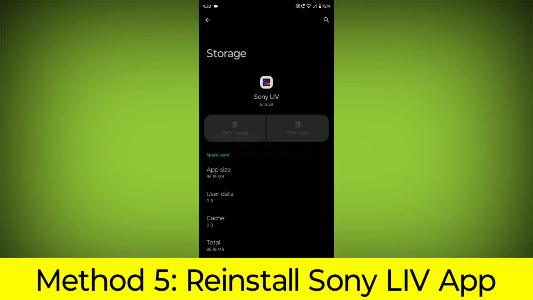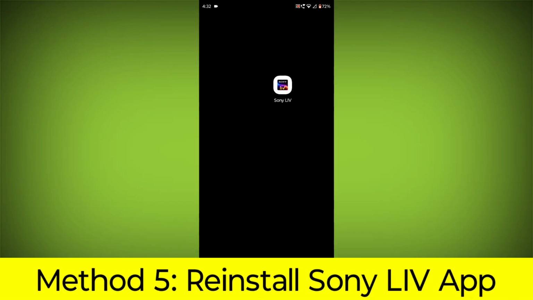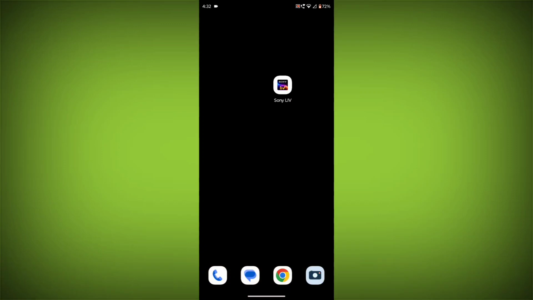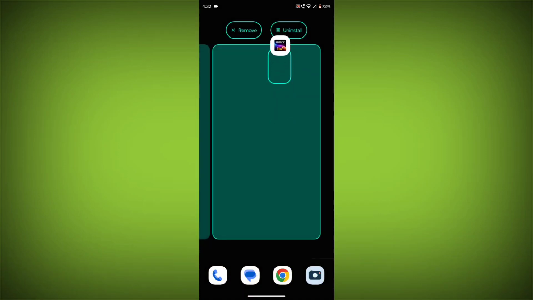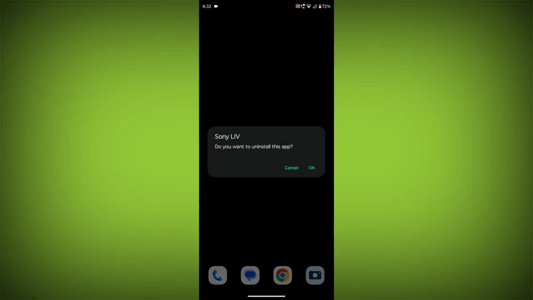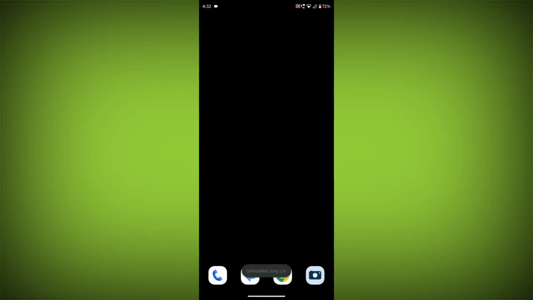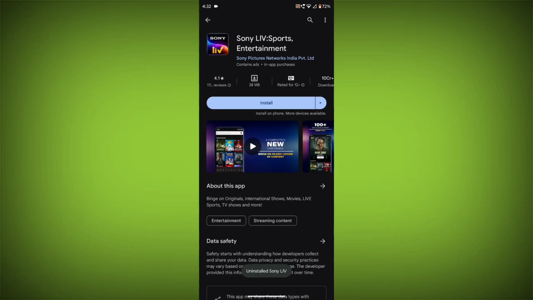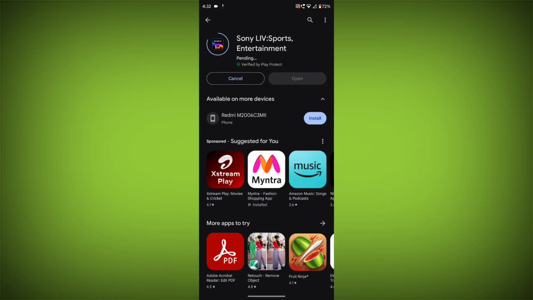Method 5. Reinstall the Sony LIV app. If you have tried all of the above steps and the error is still persisting, you can try reinstalling the Sony LIV app. This will remove the app completely and then install it again from the App Store or Play Store. If you are still having trouble with the Sony LIV app, you can try contacting the Sony LIV support